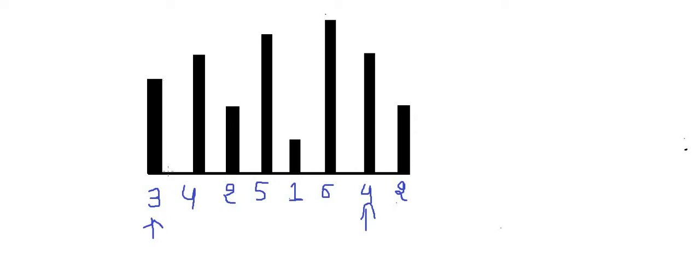And then side by side we will update our answer if we see an area which is greater than our answer. So like this, and then we will increment our left pointer because 3 is less than 4, so it comes out here. And in this case both are equal, so we can either increment our left pointer or decrement the right. Let's increment our left pointer, so it comes to 2.